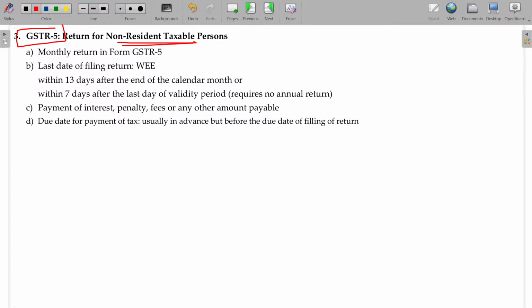And he has to file the monthly return. NRTP is similar to CTP, operates only for 90 days maximum, extended by another 90 days. So he has to submit month on month. In the month where his operation stops, he can file the return up to that period of cancellation. Okay, January, February, March 5th, his period is expired, validity is confirmed. For January he has to file, for February he has to file, for March immediately after the cessation he has